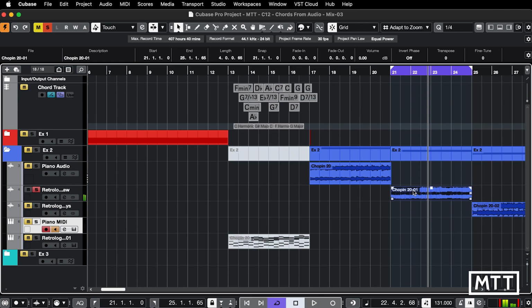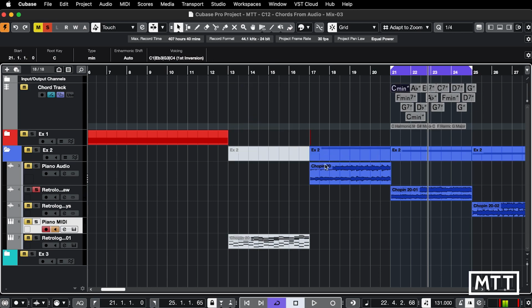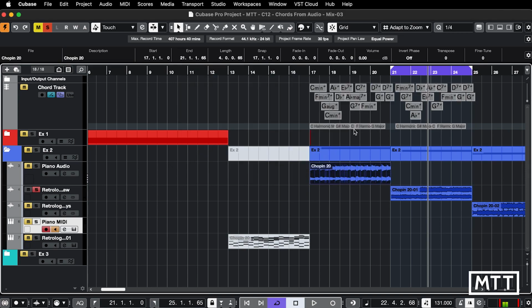Now, with the detection of this, we get pretty much the same result. So with that, it seems to work reasonably well. In fact, let's just clear that MIDI result and then place this one on the chord track. And we can see